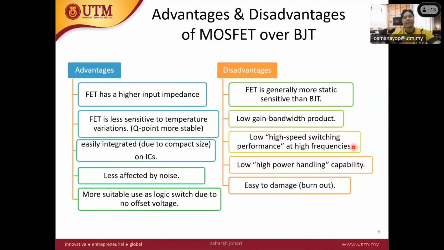Right. Here are the advantages and disadvantages of MOSFET that you can go through. So we go to the advantage of the FET transistor, where it has a higher input impedance. Okay. Why does higher input impedance actually help the component to be better in terms of